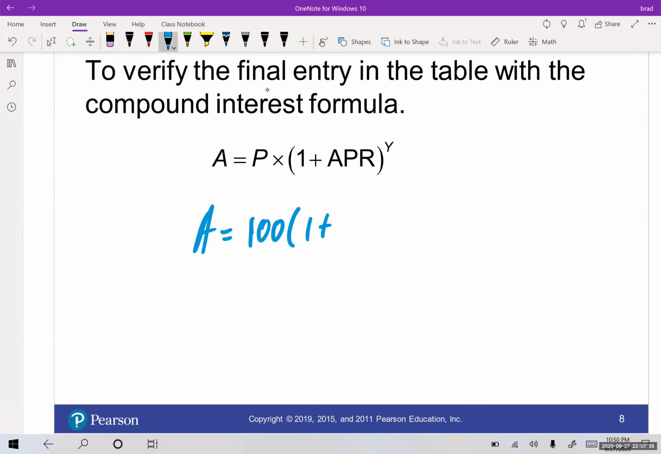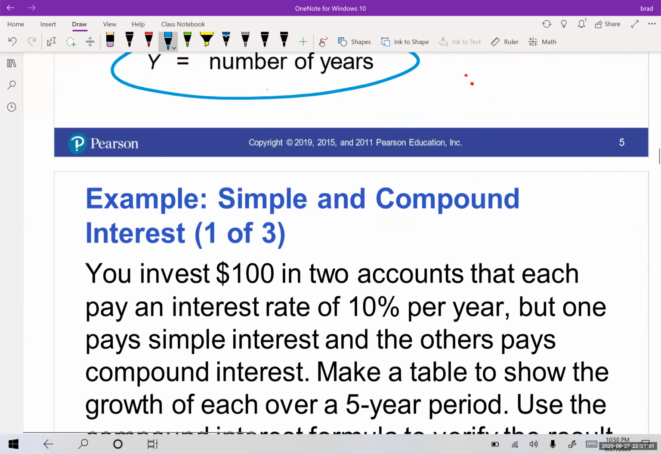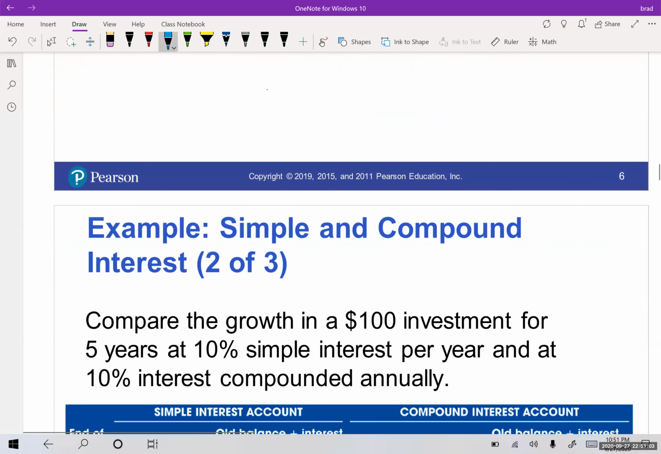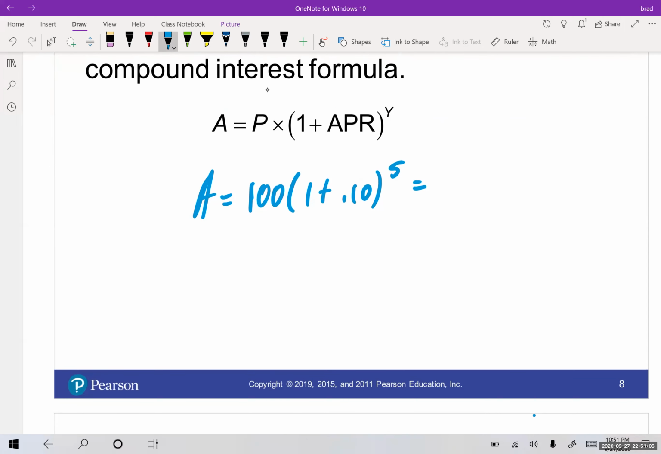Times 1 plus APR of 10% times number of years 5. Now I think I may have already done this. Oh, I think I did it with 1,000 though. Okay, so that's why the numbers sound familiar. So I'm going to just type this in my calculator again: 100 parentheses 1 plus 0.10 close parentheses to the 5th power, and I get